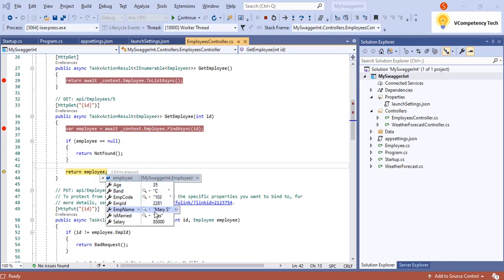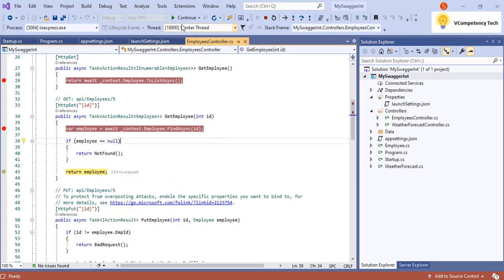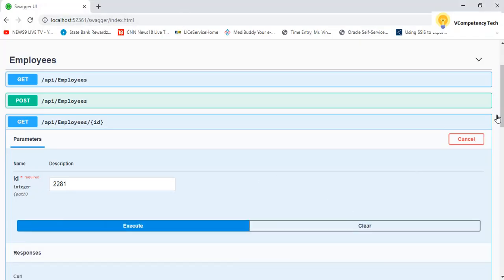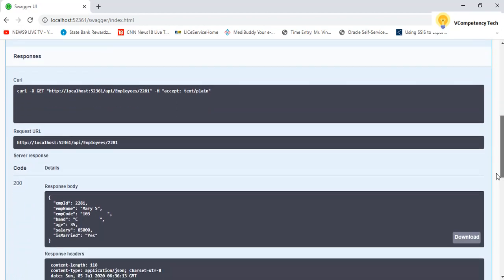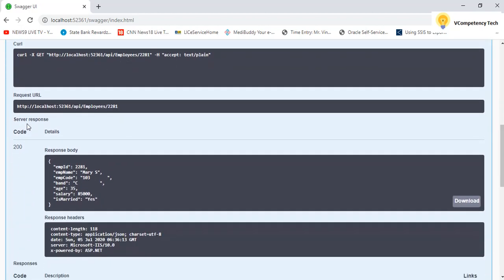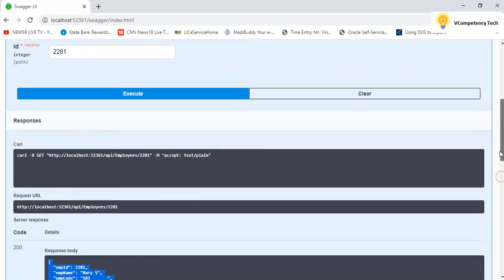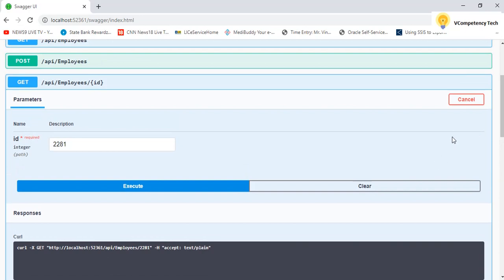See, this data is coming, and I searched for this. Okay. Continue. So here I will see the response code 200 and the data is coming. So this also I am able to debug.